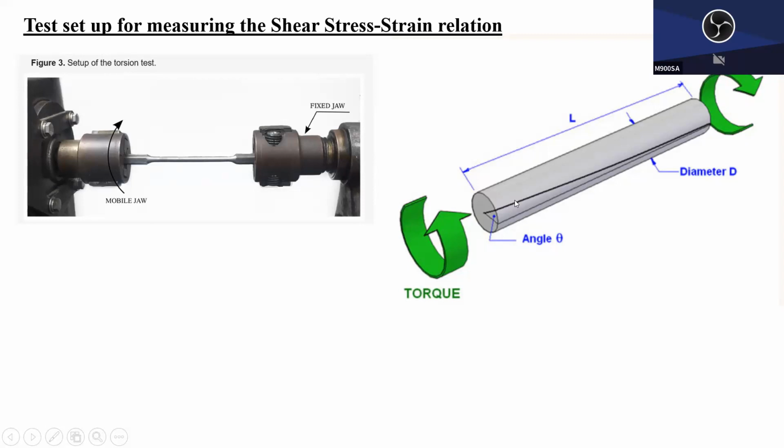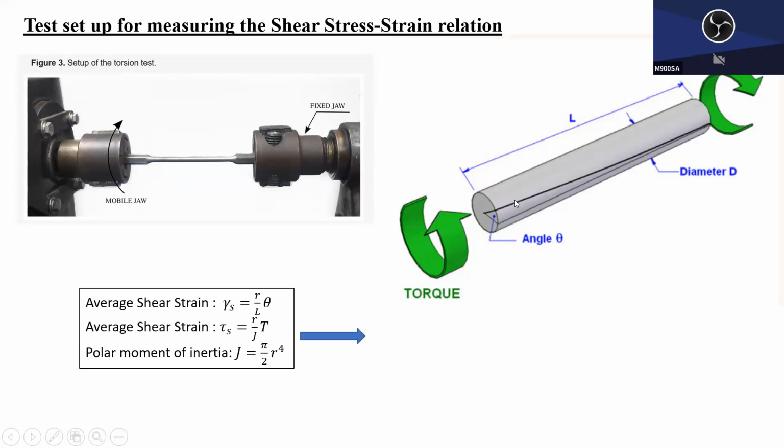Good. So using this kind of simple tester, you can evaluate the shear strain by this total length, radius of the cylinder, and angle. The average shear strain is given by this. This J is called the polar moment of inertia, given by this. Before testing, you can measure the length L and radius R. So this J, polar moment of inertia, is calculated when you do the testing. Radius is known, length is known. Torque we will apply, so T is known, right?